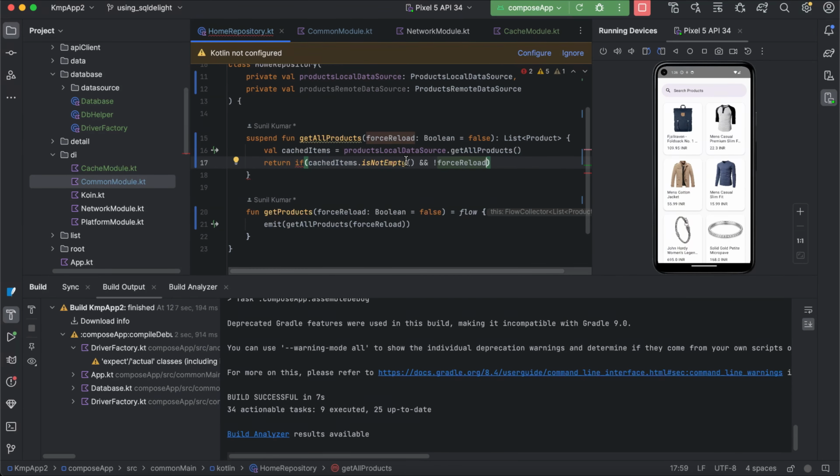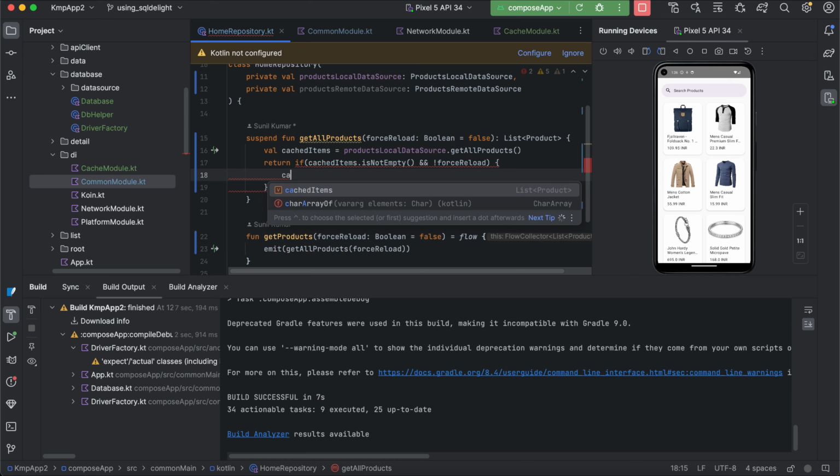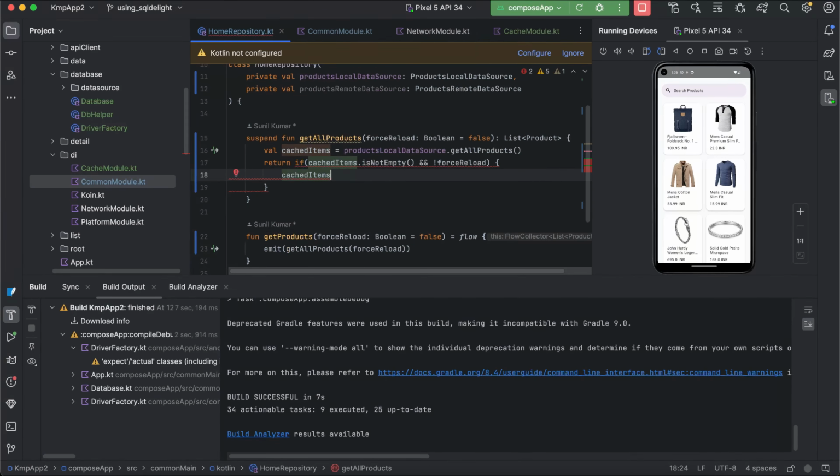Suppose we have records in the cached items and we are not force loading. Force loading means we will be getting the records from the network, but we are not doing that, so we need to make sure these two conditions, we have something in DB and we are not force reloading. In these cases we need to return cached items, else